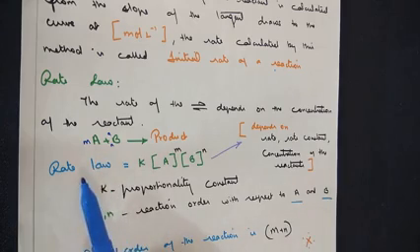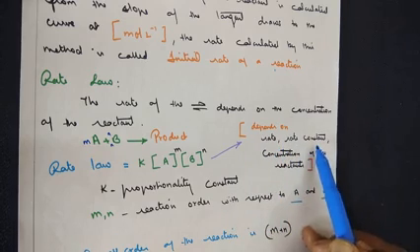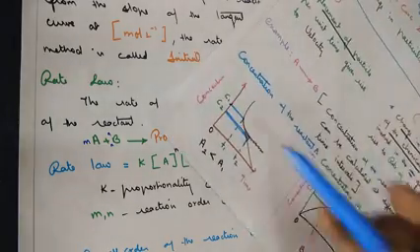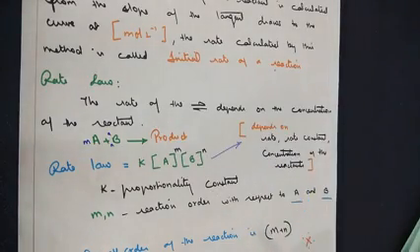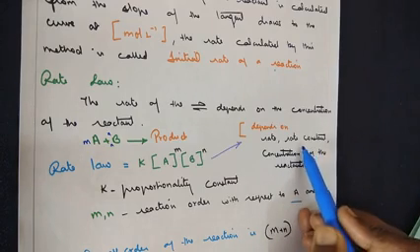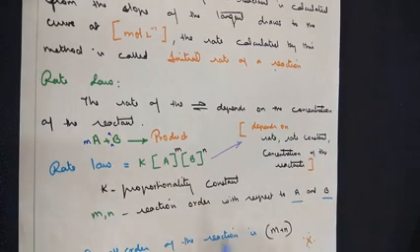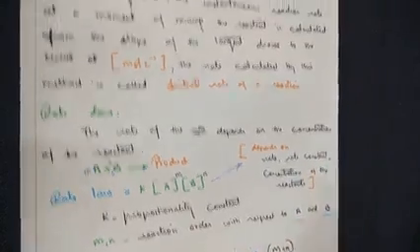In other words, rate law depends on the rate constant and the concentration of the reactants. You know how to calculate the concentration of the reactant, if you remember the formula you derived, and the rate also can be calculated. Rate is equal to the change in the concentration of the reactant. The rate constant term we will see in the next class. So rate law depends on the rate constant and the concentration of the reactants.